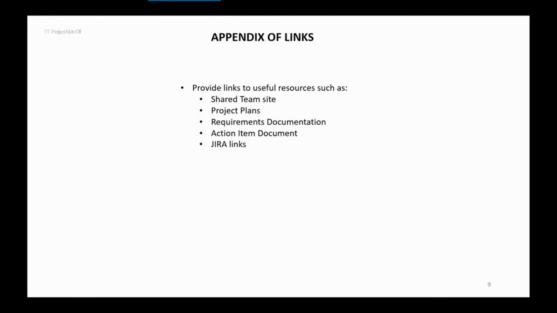And then one last slide here is that we have the appendix of links. And what you want to do here is that you want to provide useful links, such as a site where the team is sharing documentation. You definitely want to provide that link so that all of the teammates on the project can access your shared documents. You want to let the team know where the project plans are located,